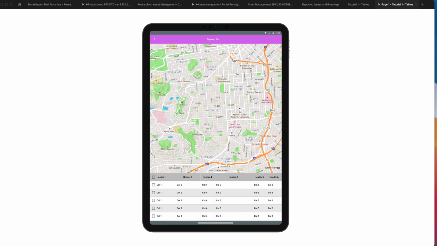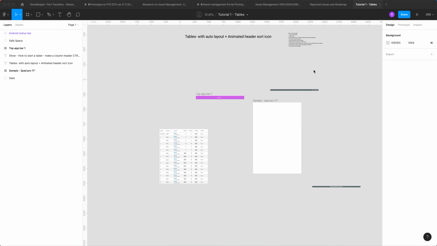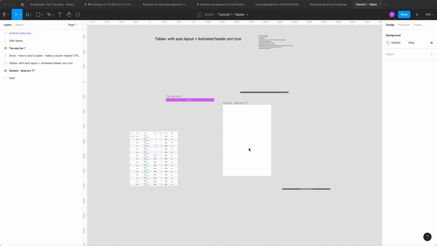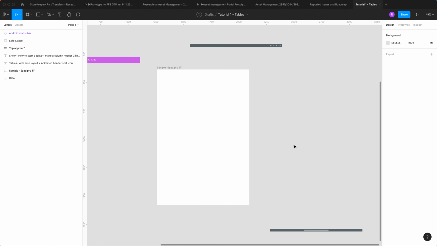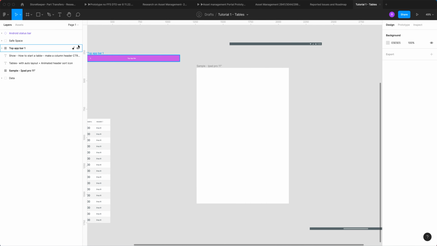So here we go. I thought I'd show y'all how, or at least how I have found a way around making these tables fast and easy and easily editable. So